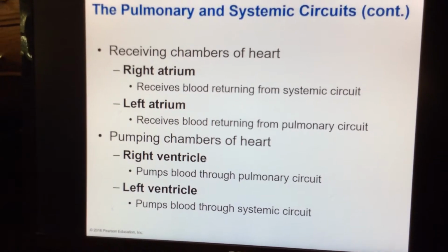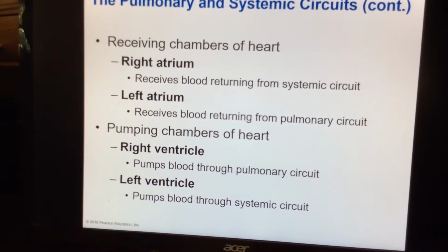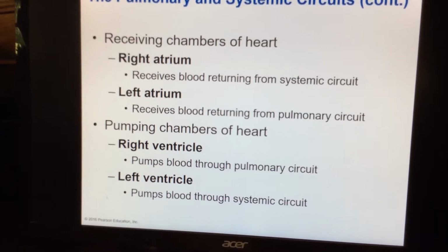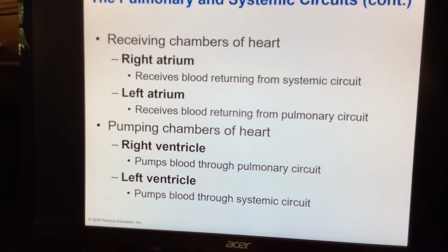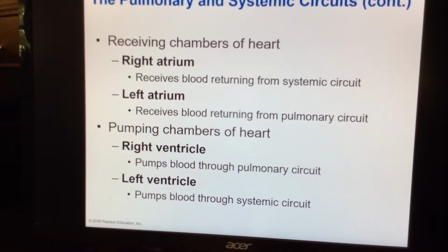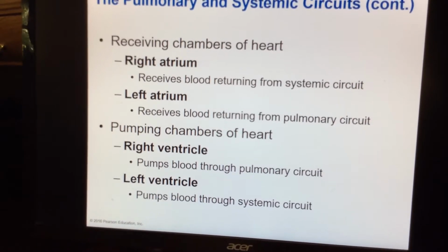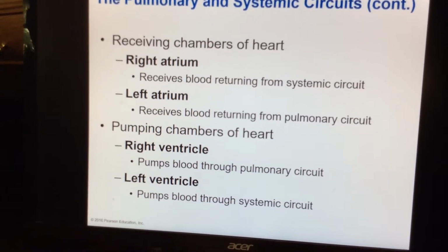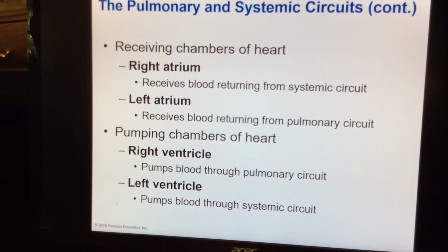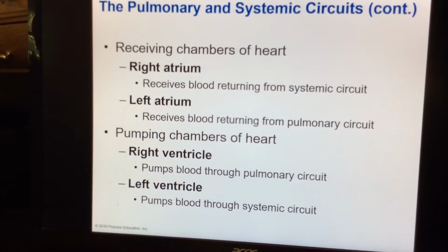So you'll see this as I repeat it a couple of times. So the top atria are the receiving chambers, whether it's oxygenated or deoxygenated. They're just receiving it. The two ventricles are going to be the pumping chambers of the heart. So once the blood goes into the ventricle, on the right side, it'll be pumped to the lungs, and on the left side, it's going to be pumped throughout the whole body. So simply, as a four-chamber heart, you got two on the top, which are called the atria. You got two on the bottom, which are going to be called the ventricles. The ventricles are going to be the pumping portion of